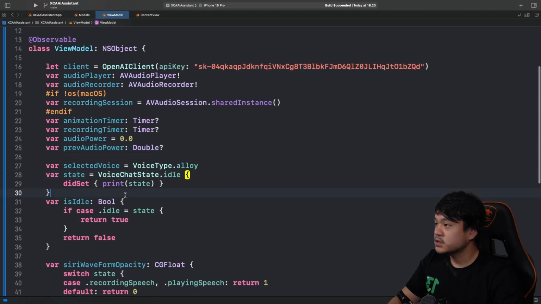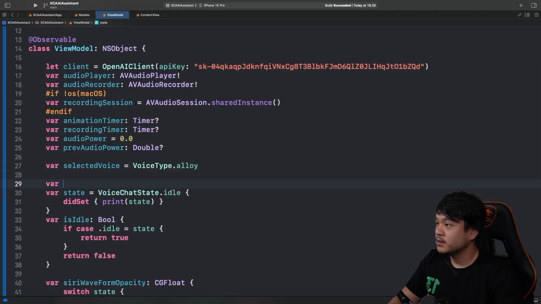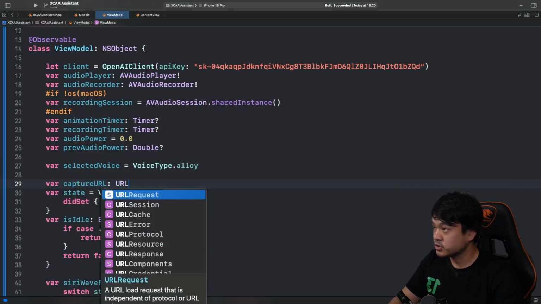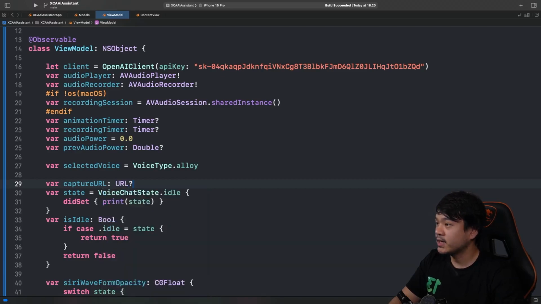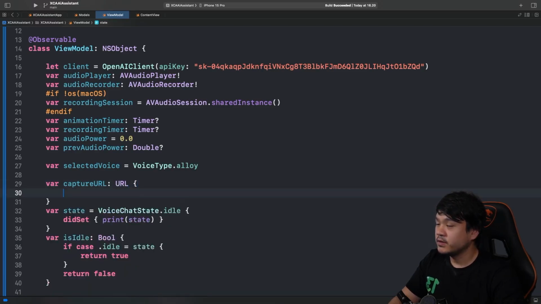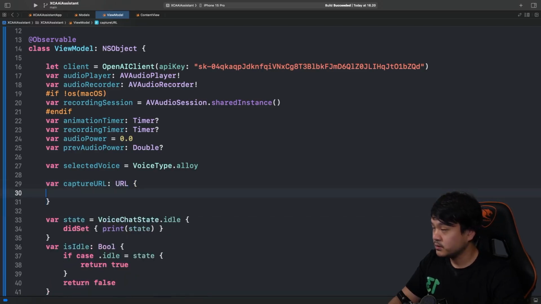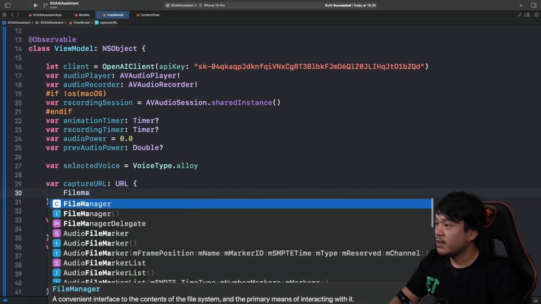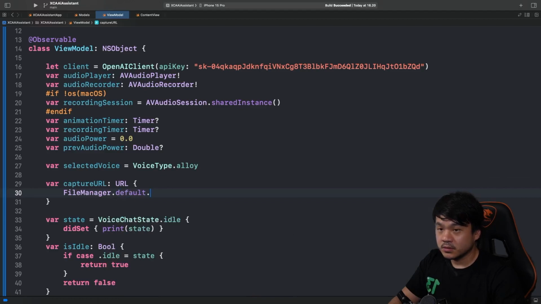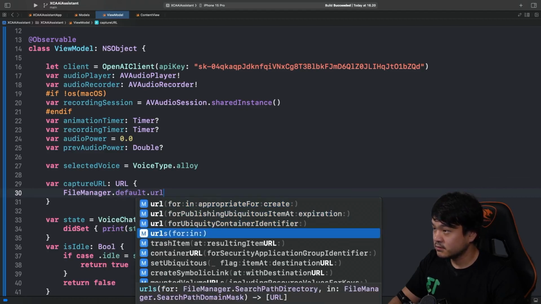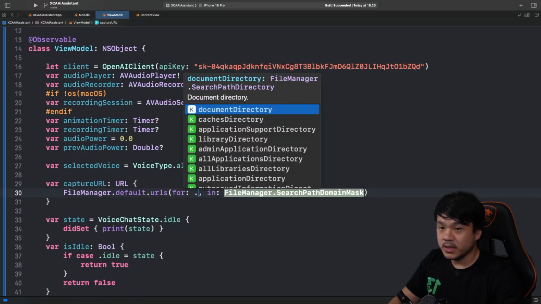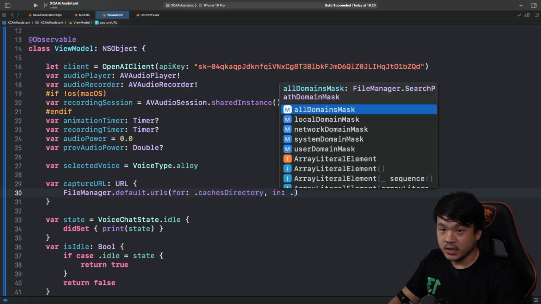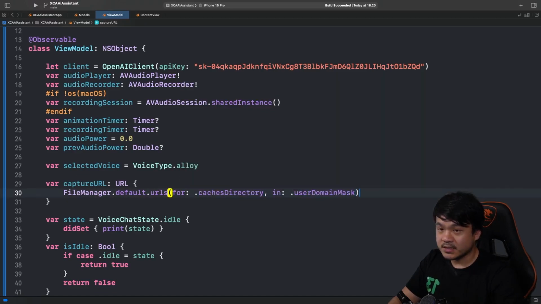Next one is a computed property, captureURL. When we record the speech, we're going to store it in a temporary cache directory. So we're going to have this captureURL computed. We're going to use FileManager.default.urls(for:), which is going to be cacheDirectory in userDomainMask.